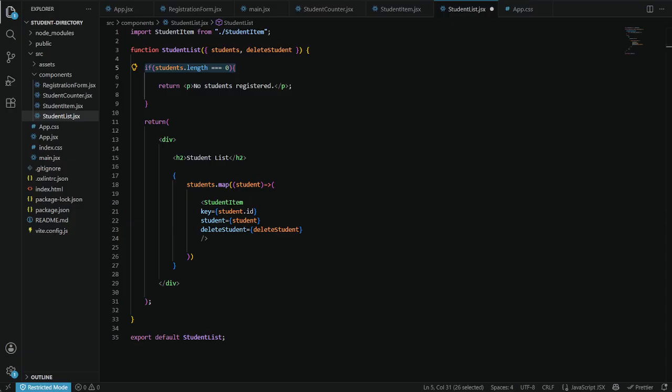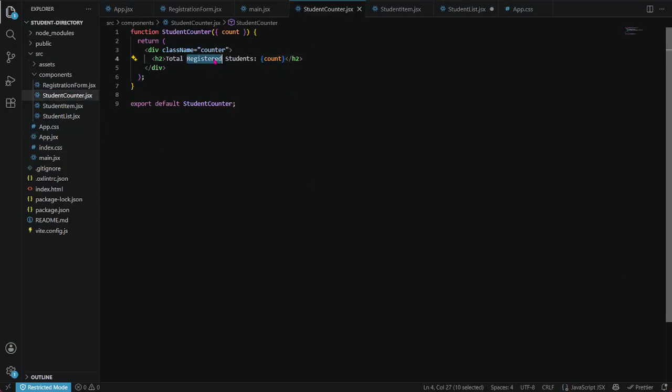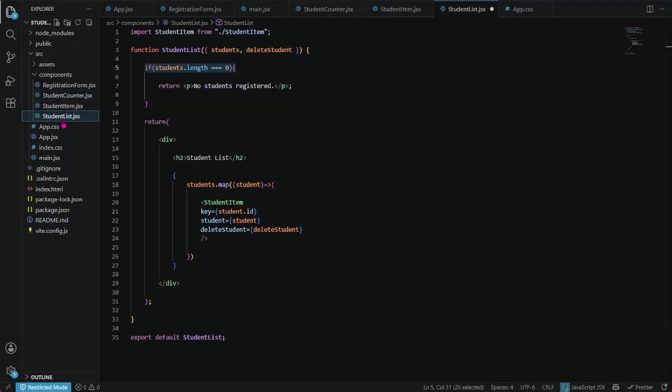Because if there are no students, it displays no student registered. But if there are students, it skips that part and continues to display the list. The list is this one and this one. Total registered count. And then we have the student list.